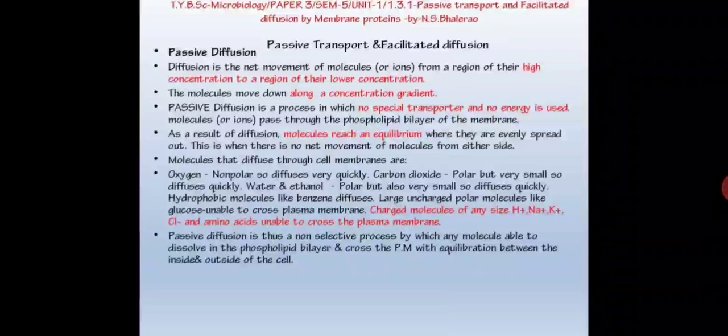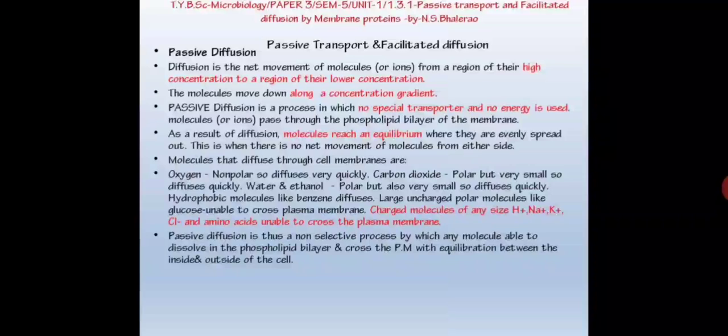It means that, suppose you consider the cell, the cell has two sides, one is the inside and one is the outside. If the solute is at higher concentration outside of the cell, then it directly diffuses from outside to inside of the cell. It's called moving along a concentration gradient. Okay, so passive diffusion does not require any type of energy or any special transport mechanisms or proteins